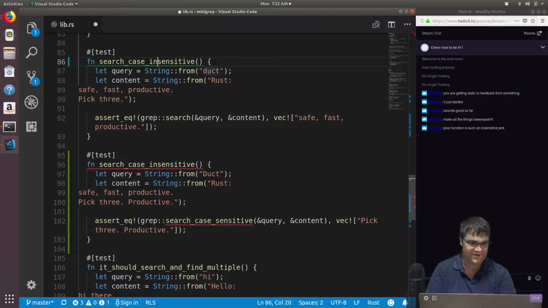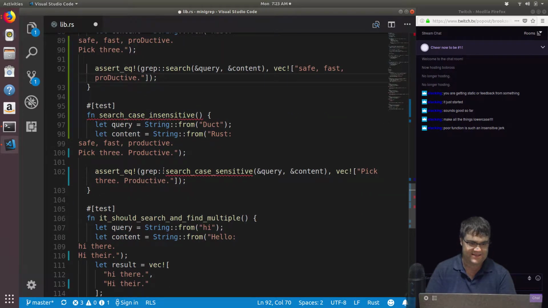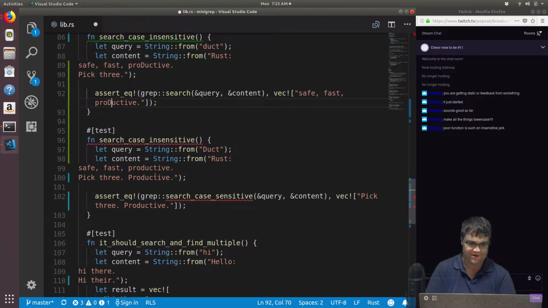So if we're searching for duct, then this can have a capital D and it should work, which means that this is a capital D. Sensitive means that it does care about this, and it will only find